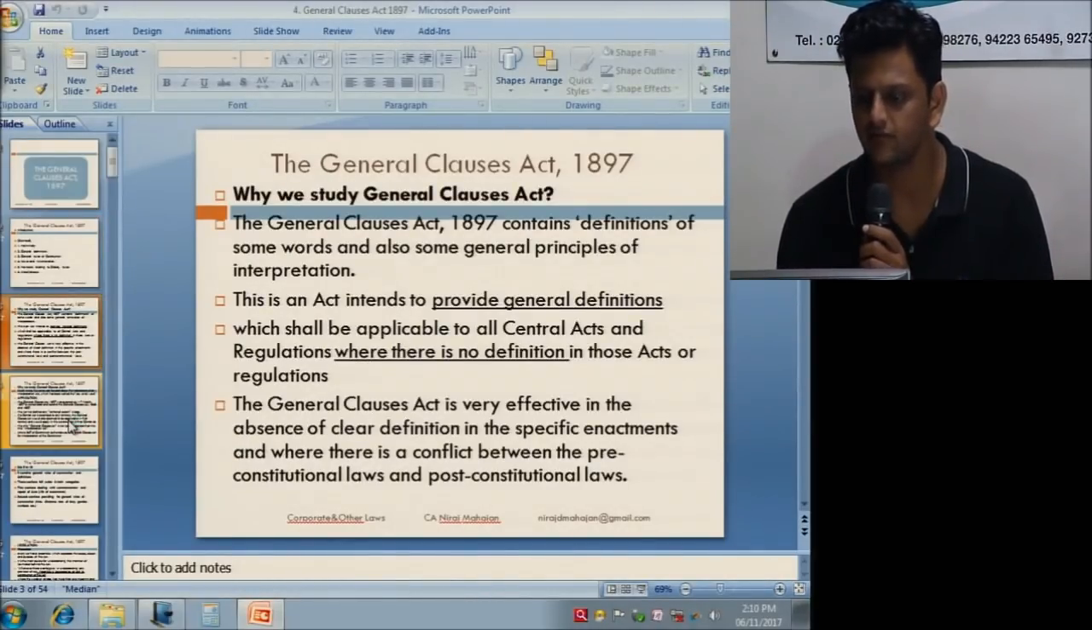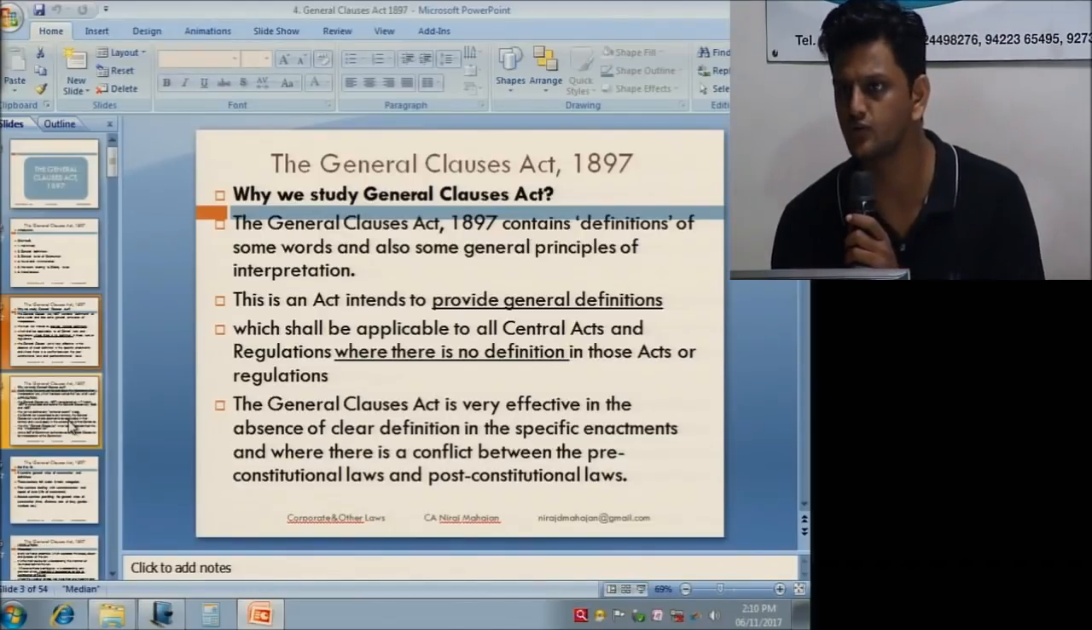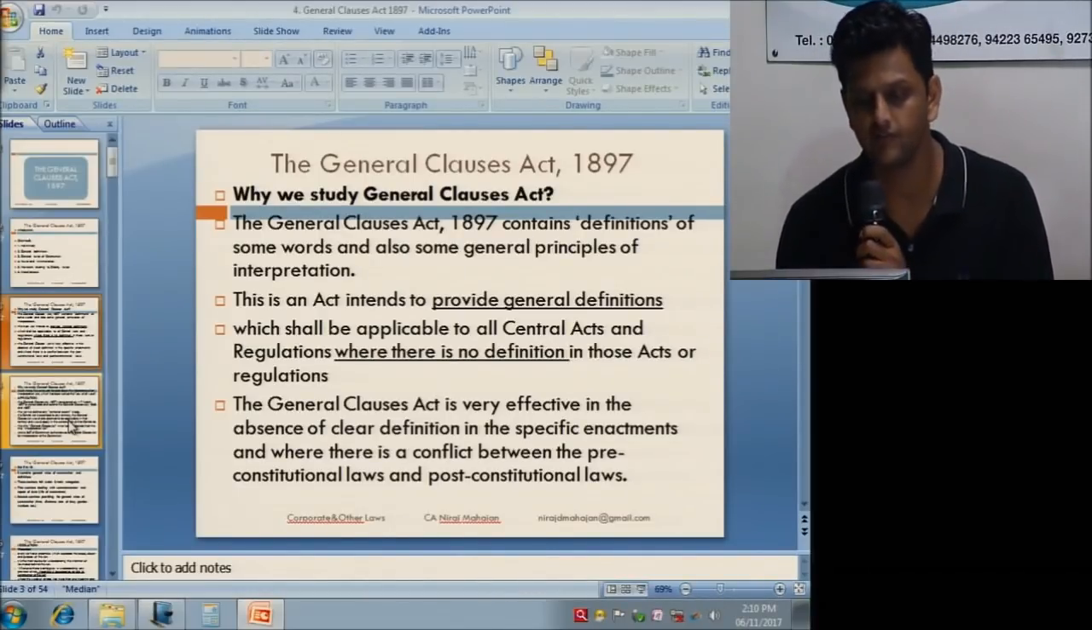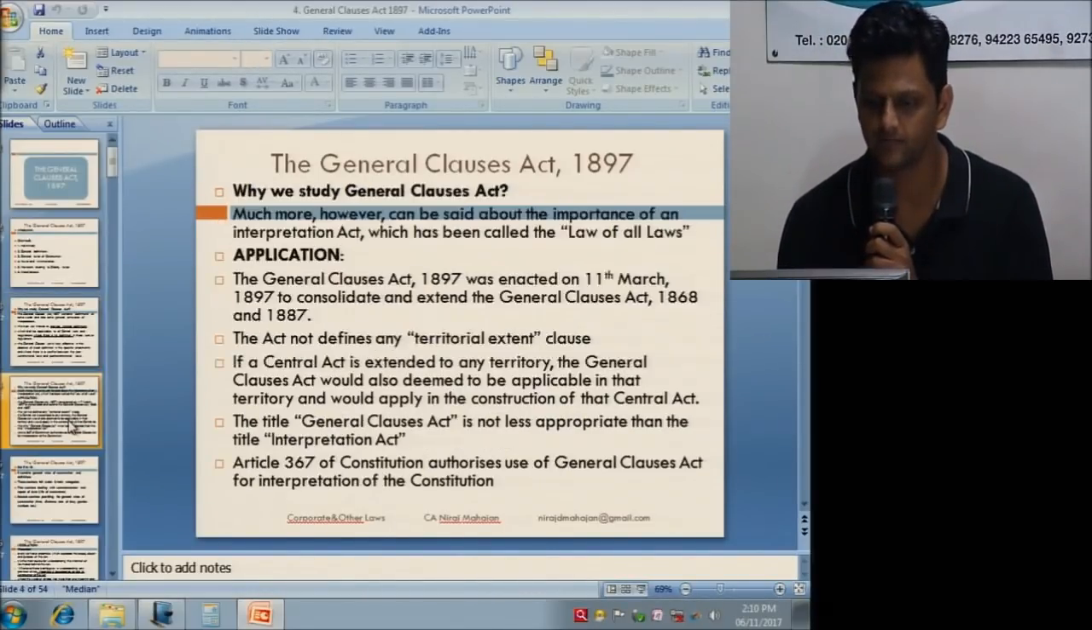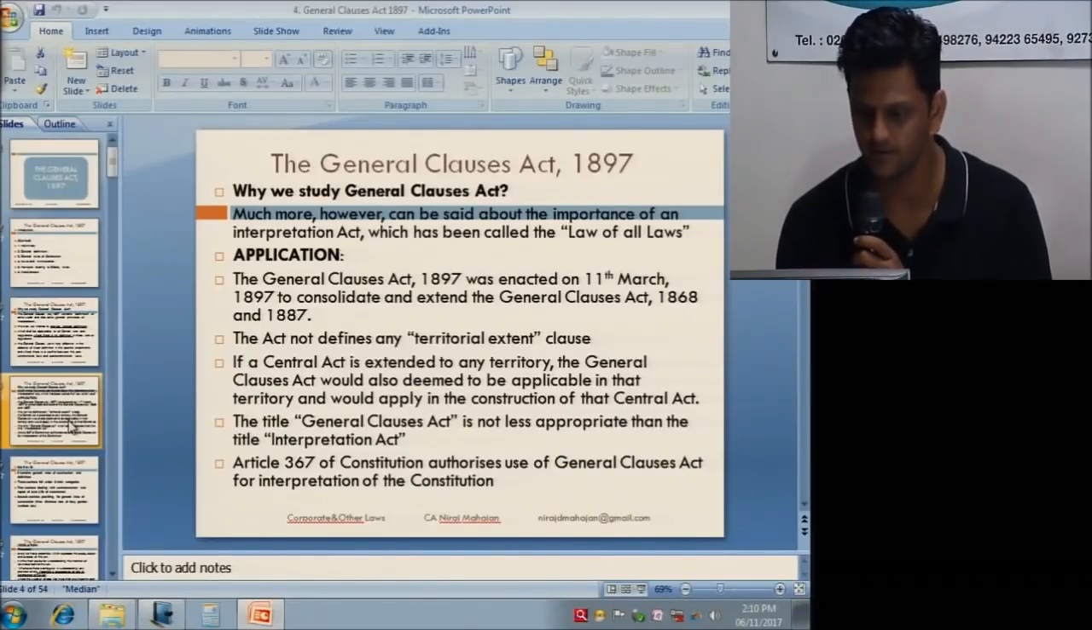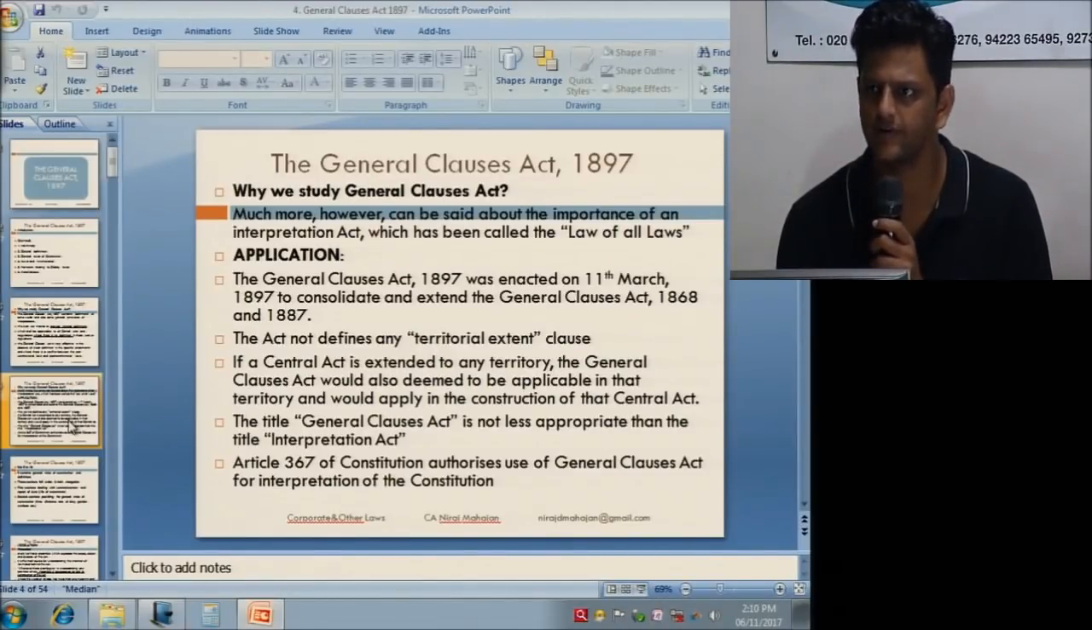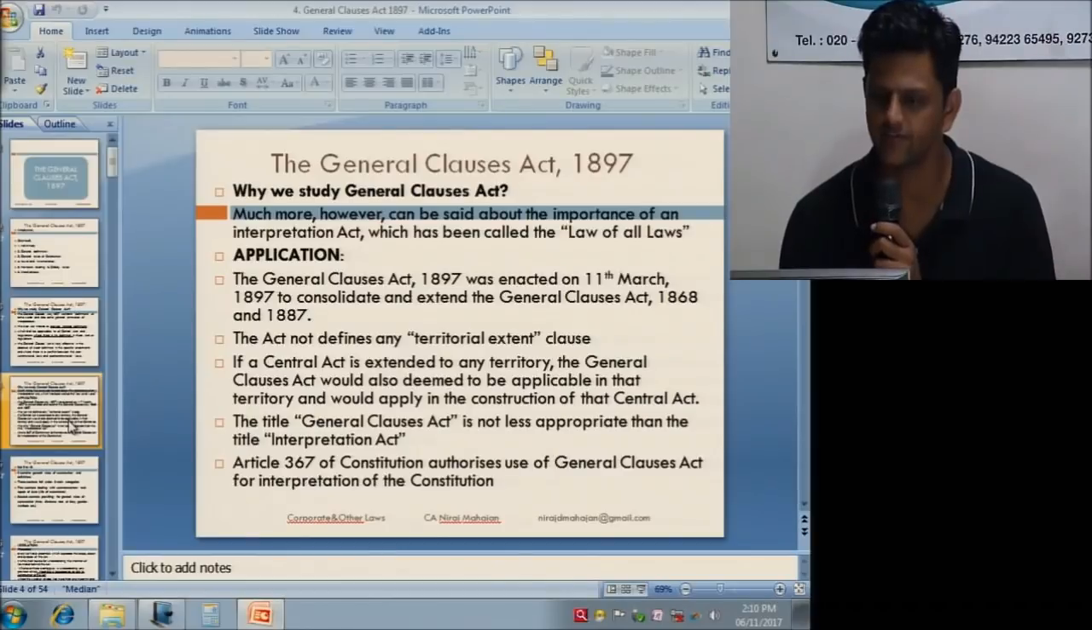So, why are we studying it? For having general definitions, or where there is no definition given in a particular act, we can give reference to this act. Yes? When did it start? The act? 11th March 1897, correct? I also told you Article 367 of the Constitution of India talks about giving reference to this General Clauses